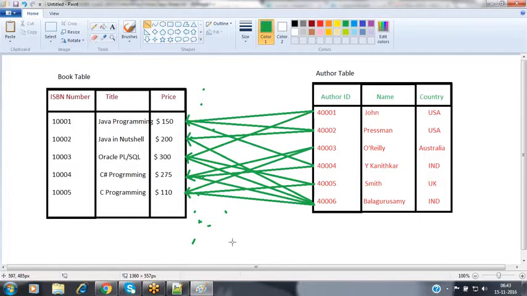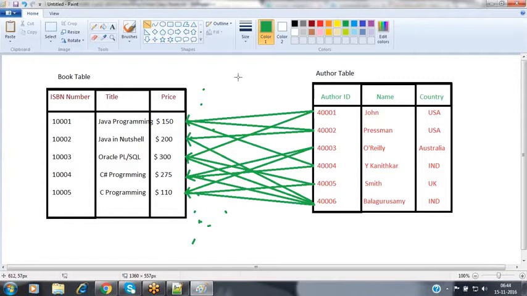So now observe this association here. What kind of associations do we have? When you consider the book and the author, if I'm considering the book table as a parent, observe what the association is. Book is only one, but authors are many, nothing but one to many. Suppose I'm considering author as the parent, then author is one, books are many. Here also we are having a one to many association. From both sides we are having one to many association, which is called a many to many association here.